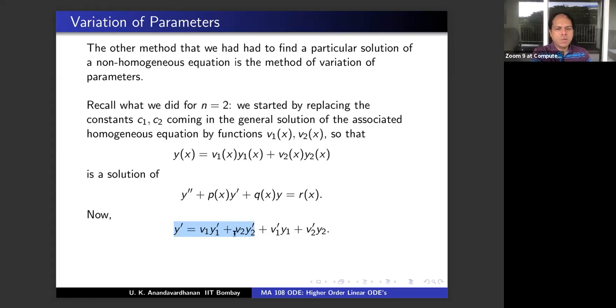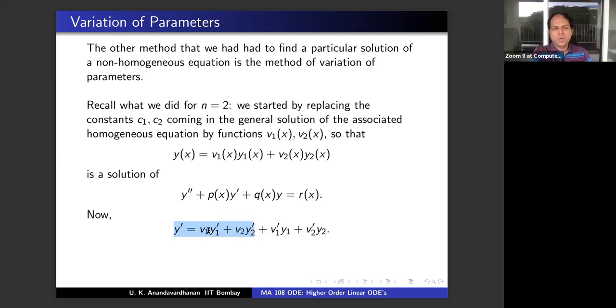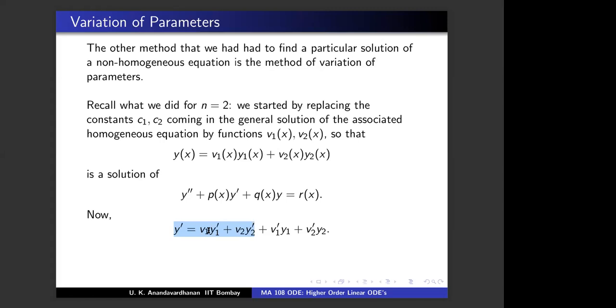Y double prime equals 2n terms, out of which n terms will come with V1 and n terms will come with V1 prime. And what will be your next step? If you tell me that, you have completely understood. The ones that come with V prime, we have to set them to 0, the sum of those to be 0. The remaining will be with Y1 double prime, Y2 double prime, etc., which are not set.